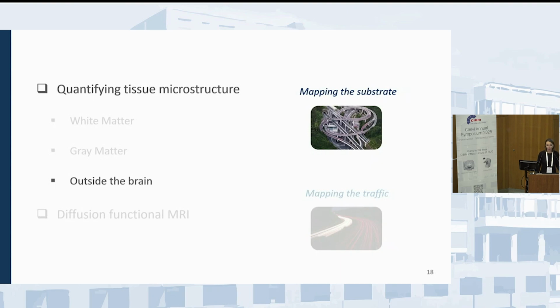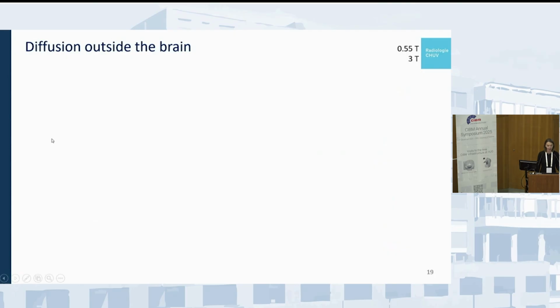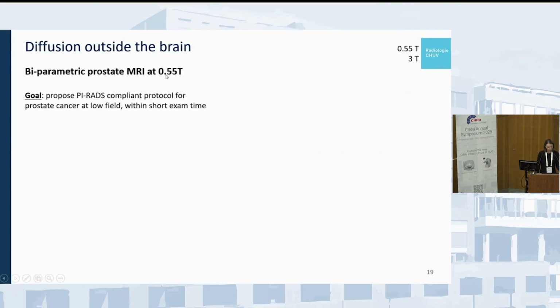And so in radiology, we have two very research-savvy and driven abdominal radiologists, Clarisse Tromin and Anaïk Vietti-Violi. It's really their enthusiasm for research that also brought me on board of these projects of diffusion outside the brain. And so the first one we are working on is this biparametric prostate MRI protocol at low field